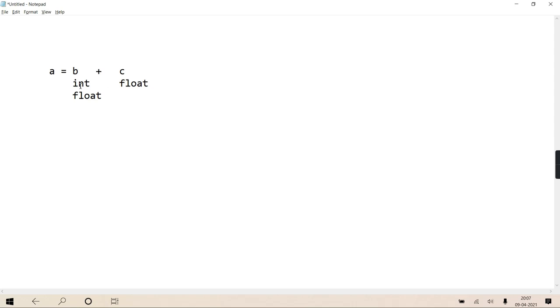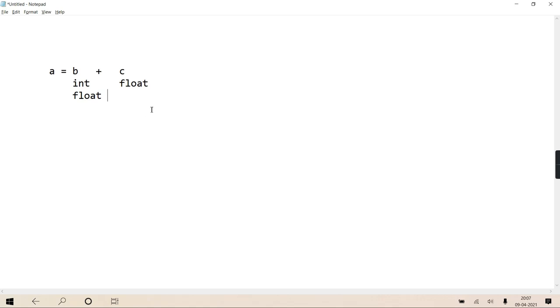Now here you don't have to do anything. The interpreter implicitly converted integer to float, then did addition of float and float. The result came as a float. And once the expression is complete and we come to the next statement, B is again back to which data type? Integer. Only for that addition purpose, the interpreter converted B, which was integer, to float.